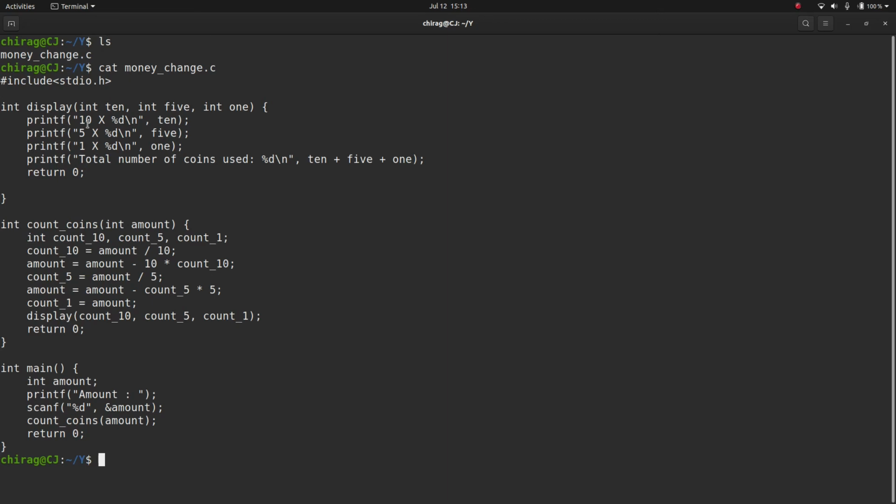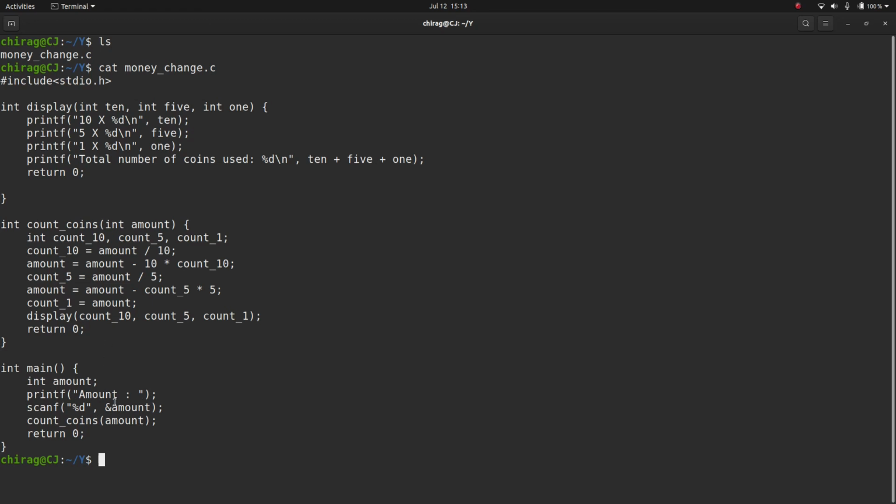It will be printing the number of coins of denomination 10, the number of coins of denomination 5, the number of coins of denomination 1, and the total number of coins used. And this is the main function. It will be taking the amount from the user and then passing this amount to the countCoins function.